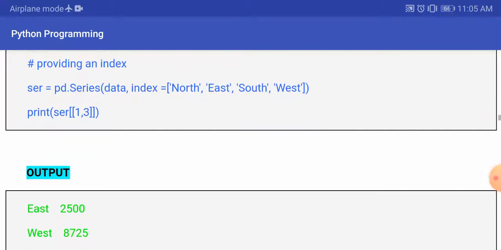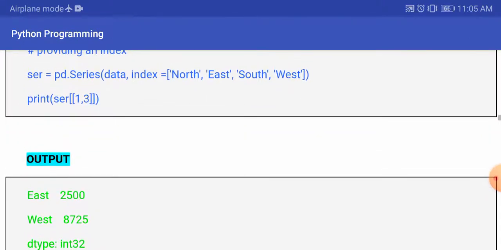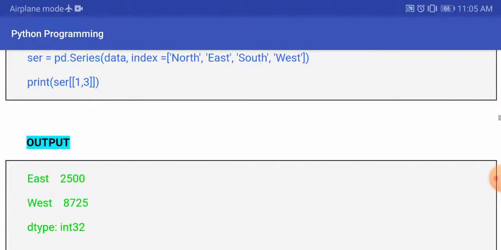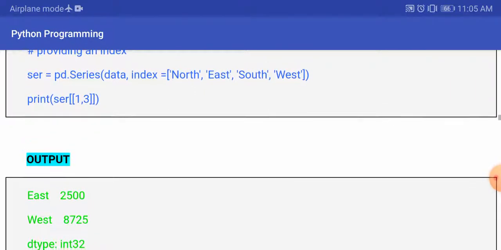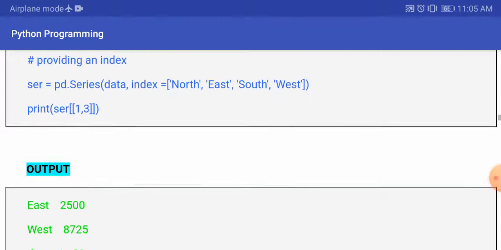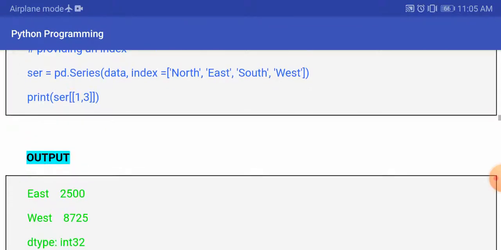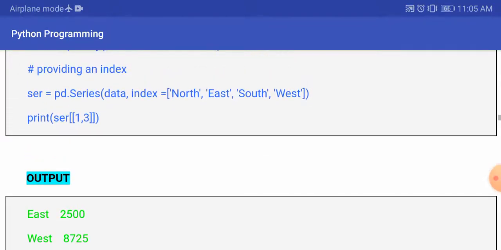Here you have index 1 as east, index 2 as south, and index 3 as west. When you write print ser[1:3], it is going to take the indexes 1 and 2 only. Why? Because, like in the range function, the upper bound is not taken. It takes one index less than what is given.